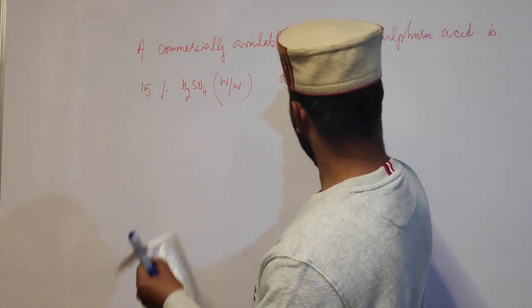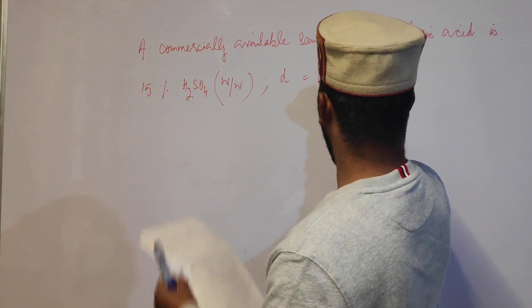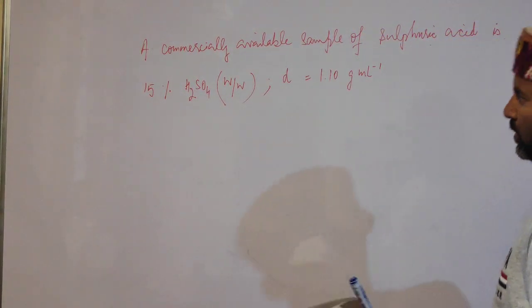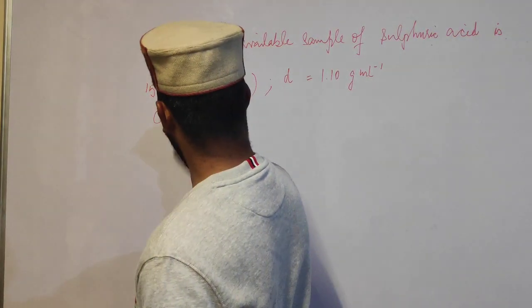Now the density of this solution is 1.10 gram per milliliter, and the question is to calculate